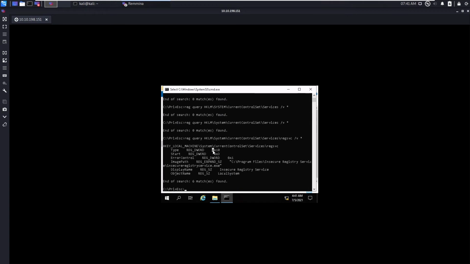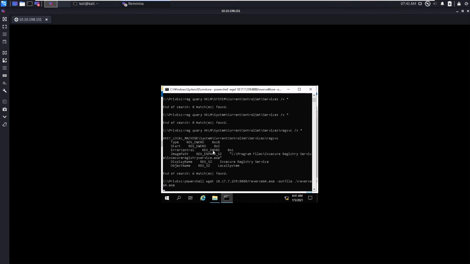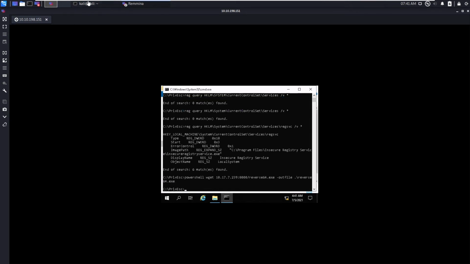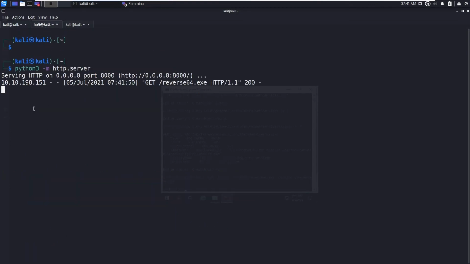You can use PowerShell for this. So now hit enter, and here you should see the request. So let's go and listen on this 1234 port.